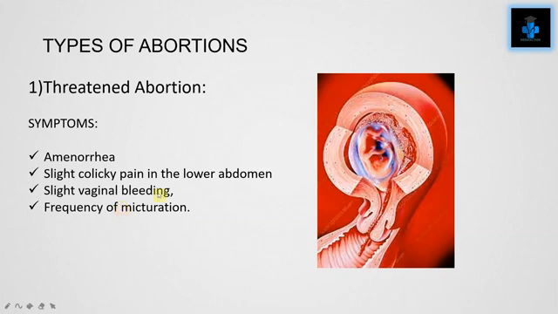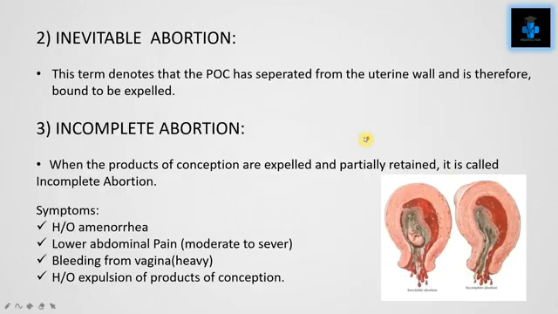Now let's see some of the types of abortions. The first one is threatened abortion. Symptoms are amenorrhea, slightly colicky pain in the abdomen, slight vaginal bleeding, and frequency of micturition. Number 2, inevitable abortion. This term denotes that the POC has separated from the uterine wall and is therefore bound to be